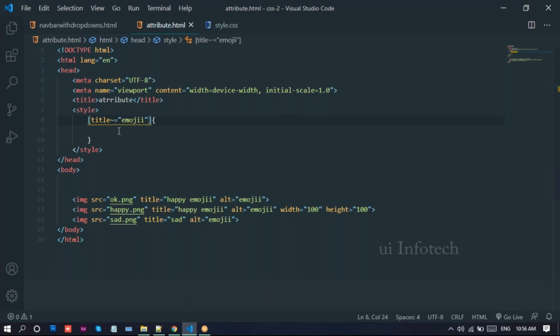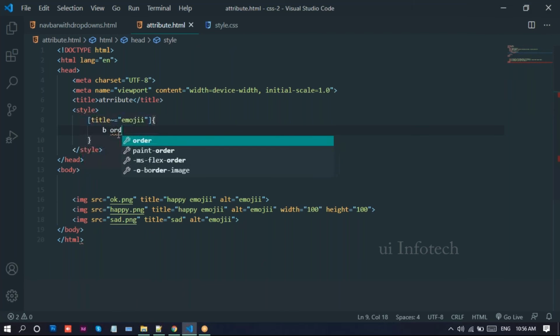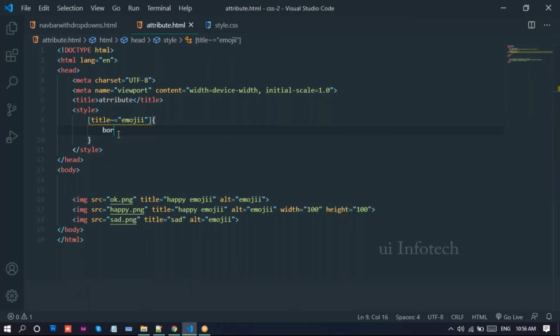Let me go to this browser, just reload this page. Yeah, we have these icons there. Now we place the icon there. Now here we have the title like happy emoji, and sad there. See here I use this tilde operator there, tilde operator. In this one, it just matches emoji.